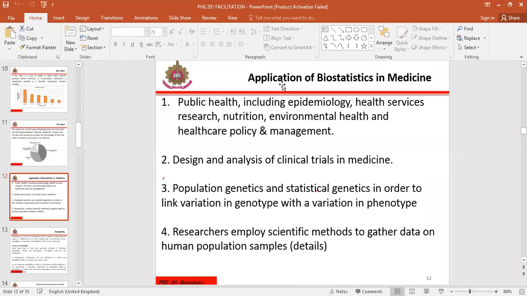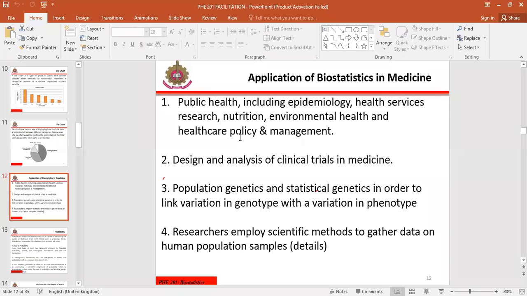But specifically for the purpose of this class, I will limit them to those of biostatistics, that is, as they are peculiar to the medical field. Now, public health, including epidemiology, health services research, nutrition, environmental health, and healthcare policies, as well as management, makes use of biostatistics for